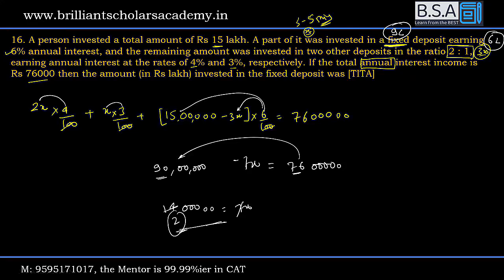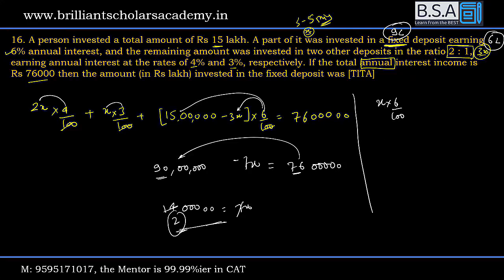Please observe, even though the question is about calculation, you can do it wisely. It is better you assume the last part as 3x. What benefit does that present to us? It makes the whole calculation an integer based calculation. If you assume the first amount to be x rupees, the remaining amount is 15 lakh minus x, and then you have to take 2/3 of it and 1/3 of it. It's difficult. If you had started with x rupees in the beginning,